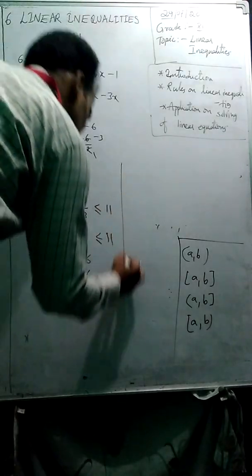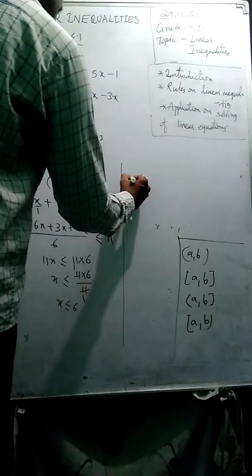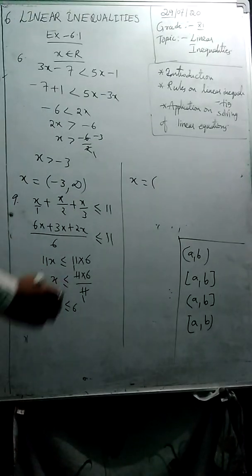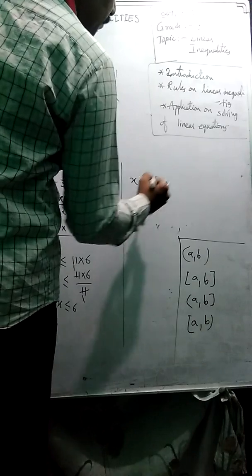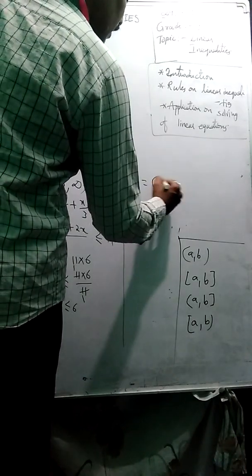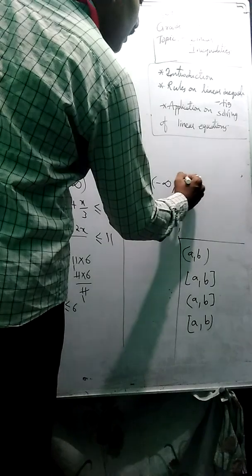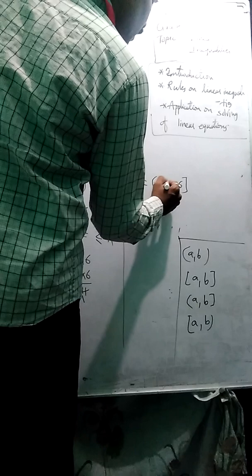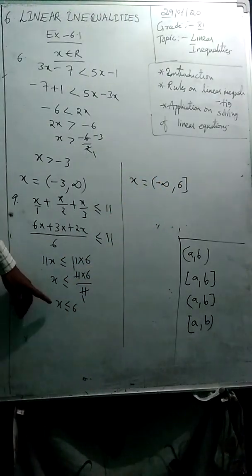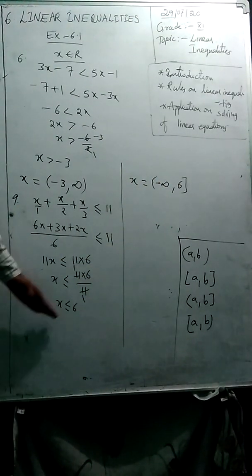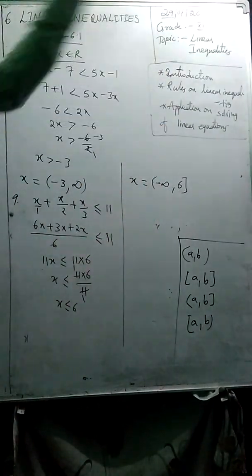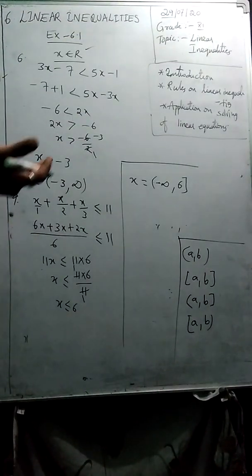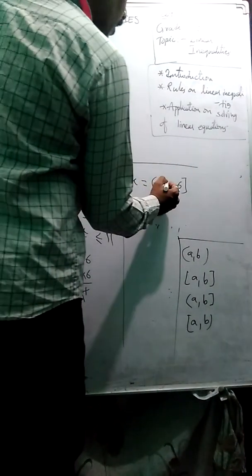Please keep in mind, friends, just now I said less than or equal to is given. I mean x takes all the values which are less than or equal to 6. All negative numbers are less than 6 only. So minus infinity and 6 is included because it is a closed interval. Infinity we don't know, but it takes all negative values, 0 included, up to 6. It takes real numbers, because when we have the real number set, it takes all the values which lie in between.